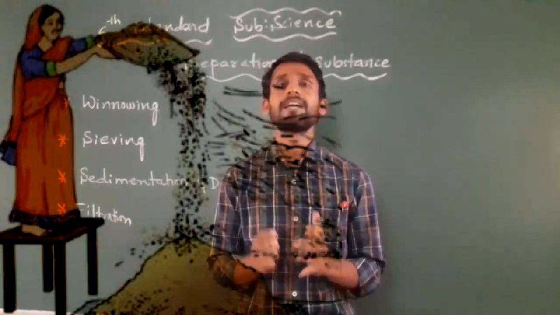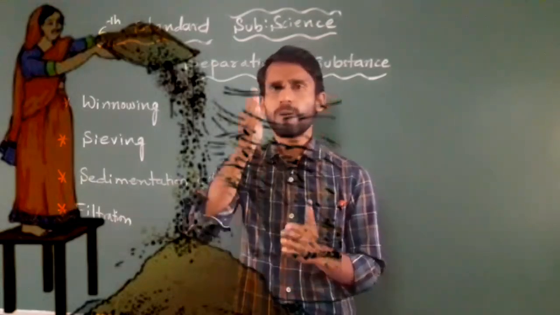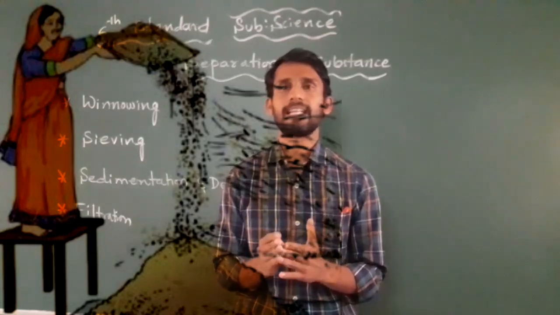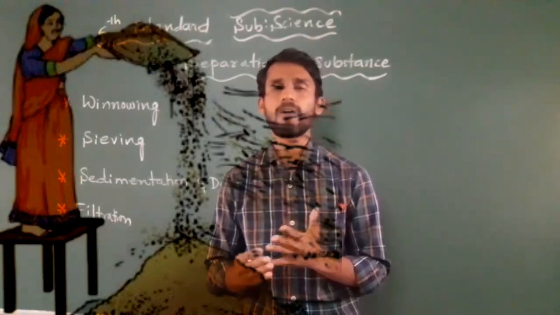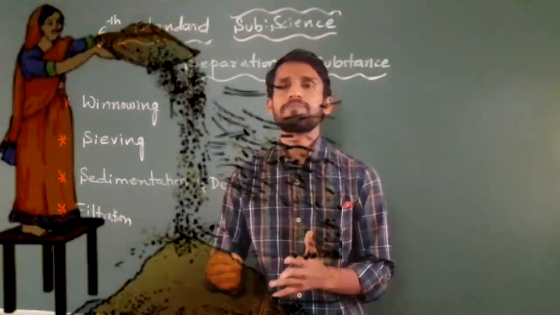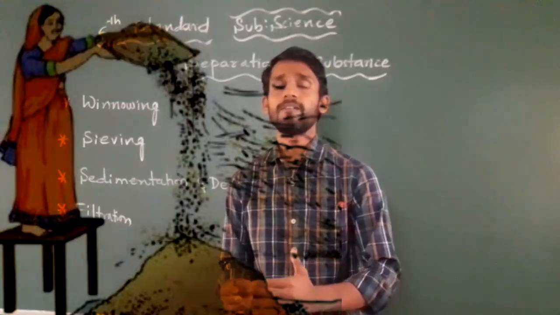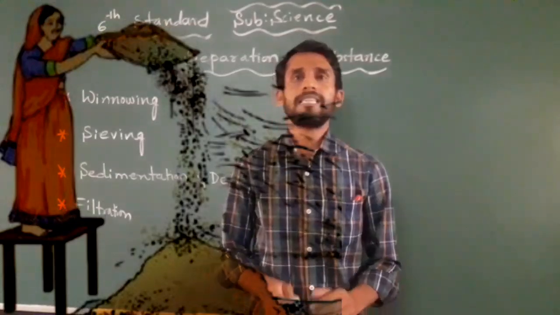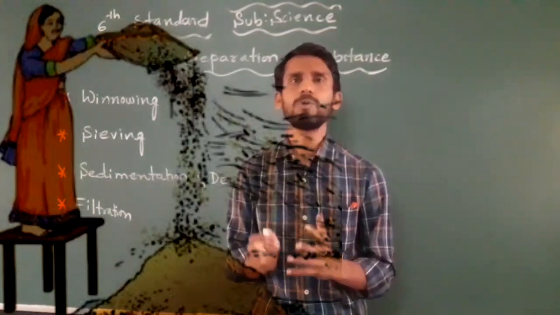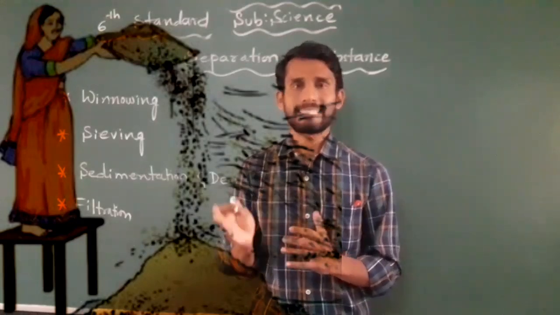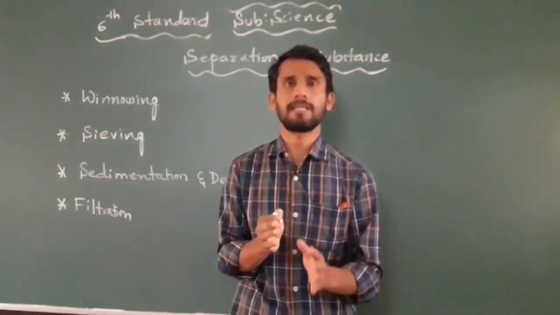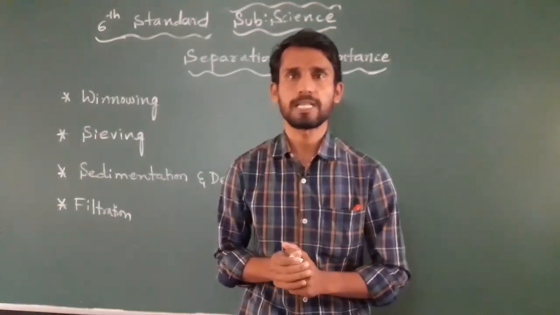The grain, being heavier, falls in an almost vertical position, whereas the lighter chaff is carried away by the wind and forms a separate heap away from the grains. This process we call the winnowing process. The separated chaff is used as fodder for cattle and other animals. The direction of the wind plays an important role in winnowing.